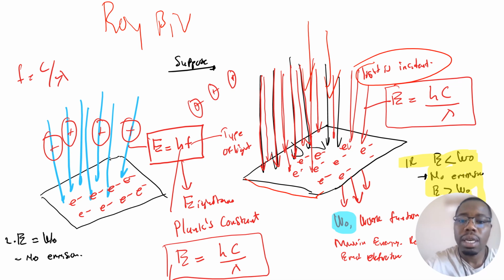The energy is also E equals h times f, Planck's constant multiplied by the frequency. And we know that the frequency is the speed divided by the wavelength. I hope that makes sense. This h is what we call Planck's constant. Now, there are two things